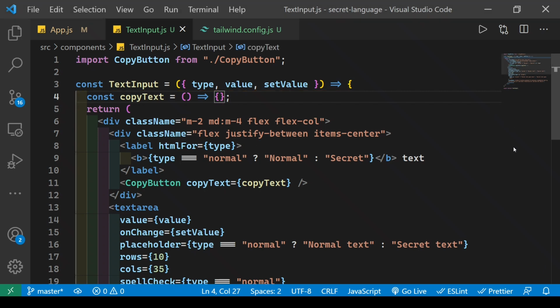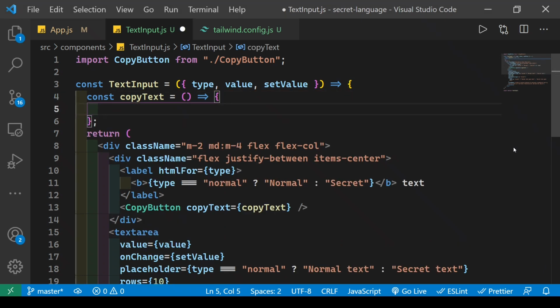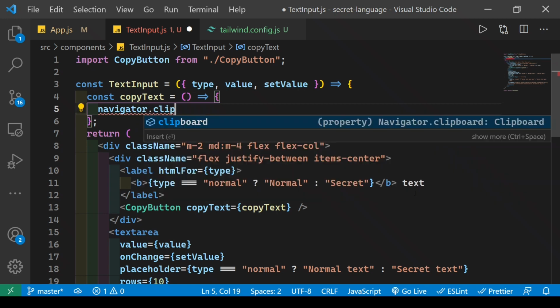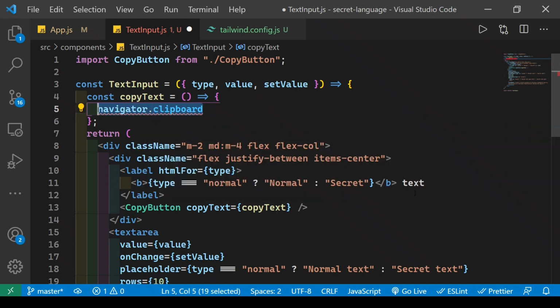So what we need to do is check if the clipboard object is in the navigator. We copy the text using navigator.clipboard. This is the thing we use to copy and paste text and all that stuff. So first of all we need to check if the browser supports this. If you're doing this in Internet Explorer and clipboard is not in navigator, or in some other legacy browsers,